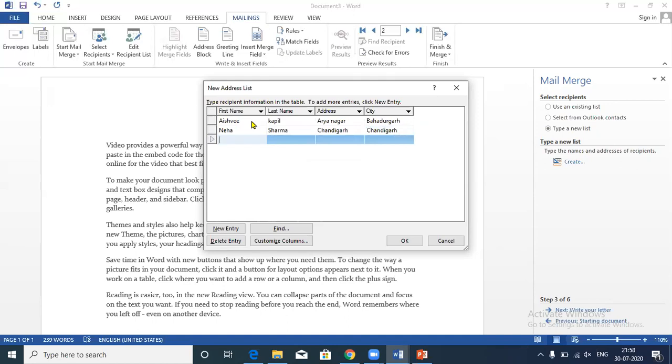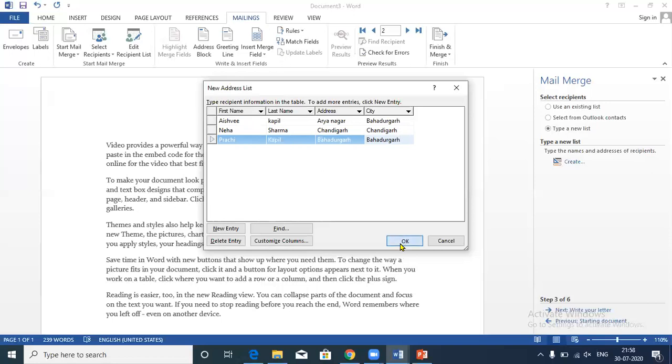For example, the next entry I wanted to add is Ranchi. Whatever you wanted to write here, whatever the detail is, you will write that particular detail here. For example, I wanted to create the record for these 3 students only.